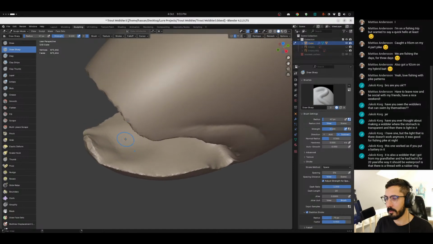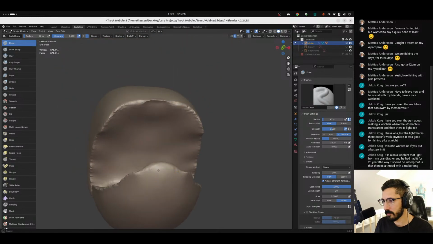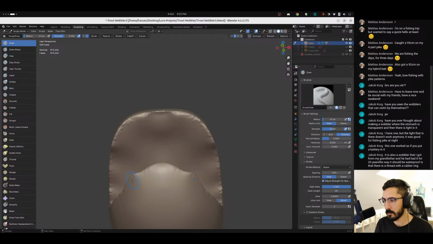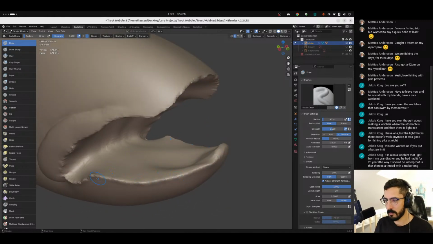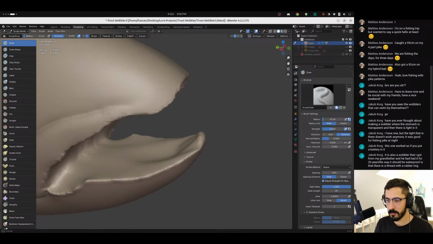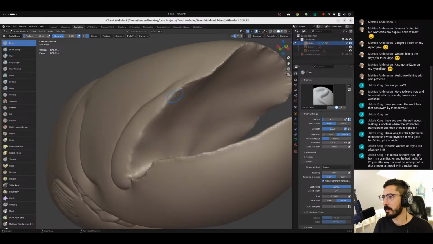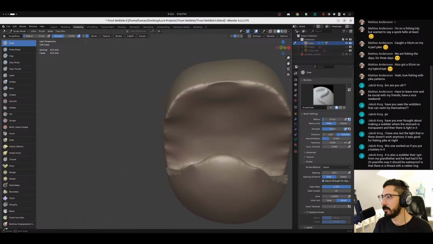Yeah, I'm still not sure about the mouth. I'm still not sure what to do with the mouth. I mean, it's not that bad, but